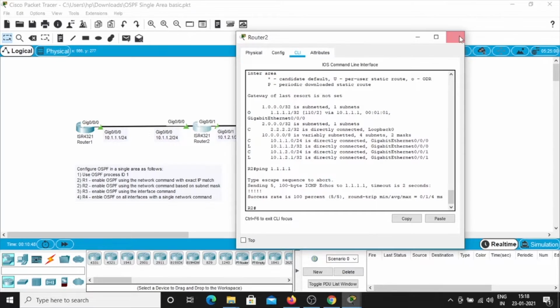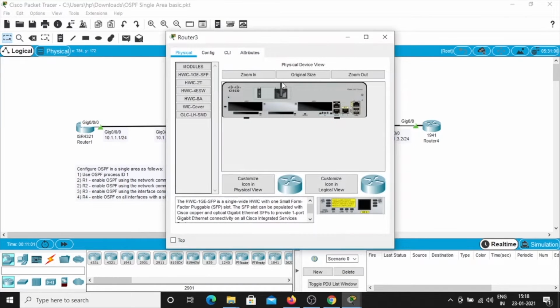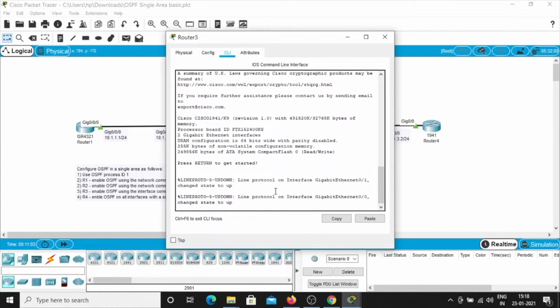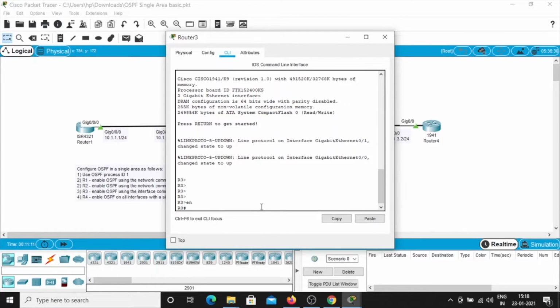Okay, so now in router 3 we have been asked to enable OSPF using the interface command. So we are going to click on router 3, go to CLI and enter enable and type show IP interface brief.